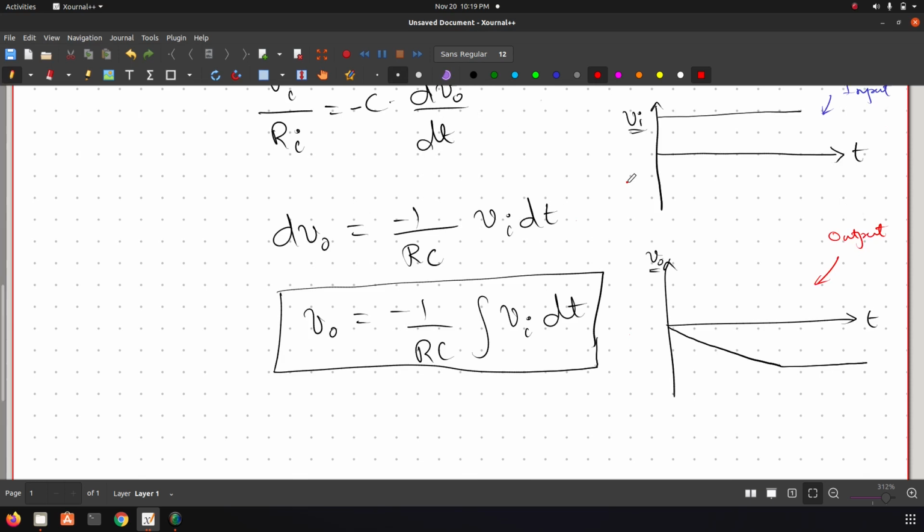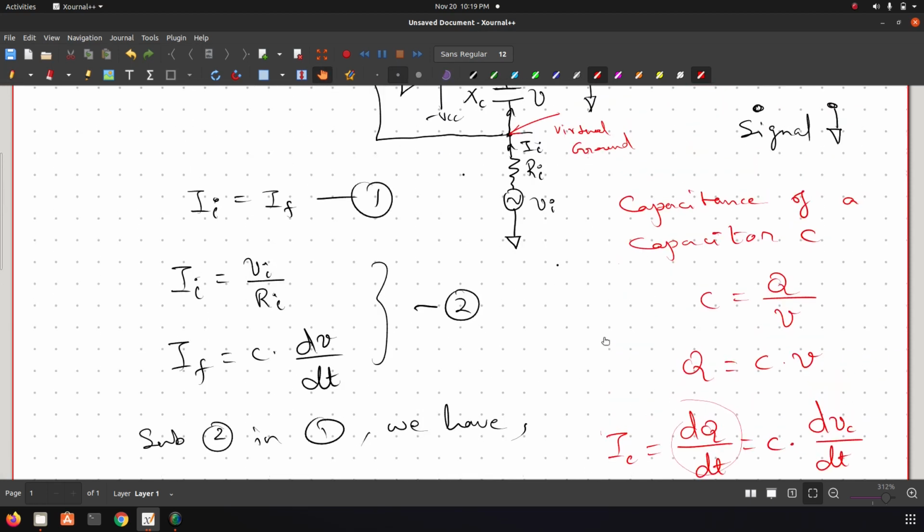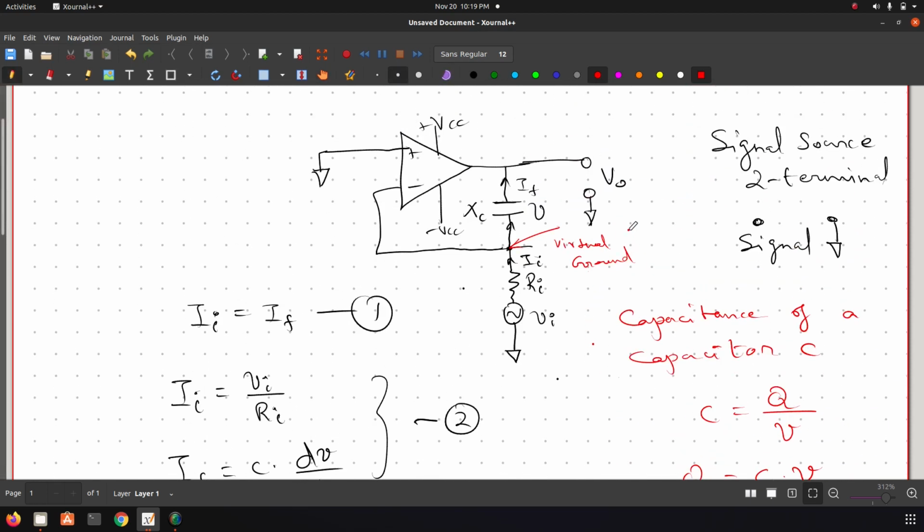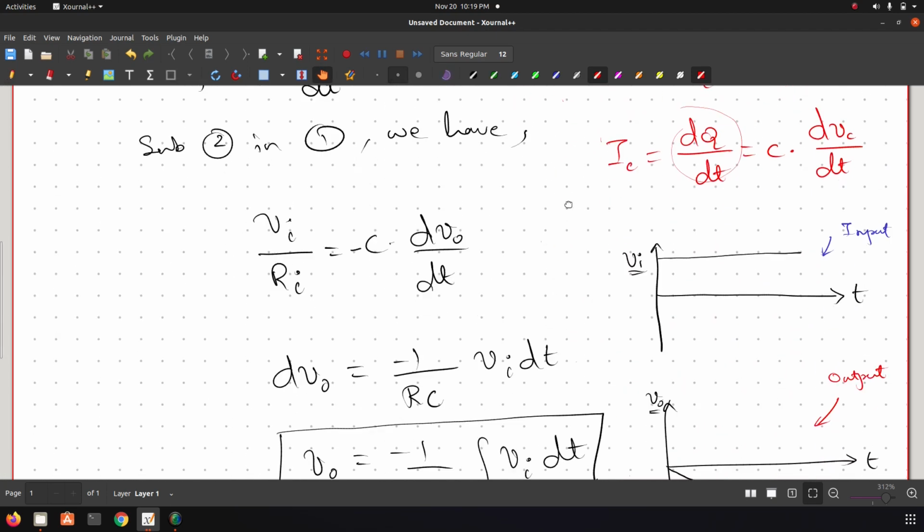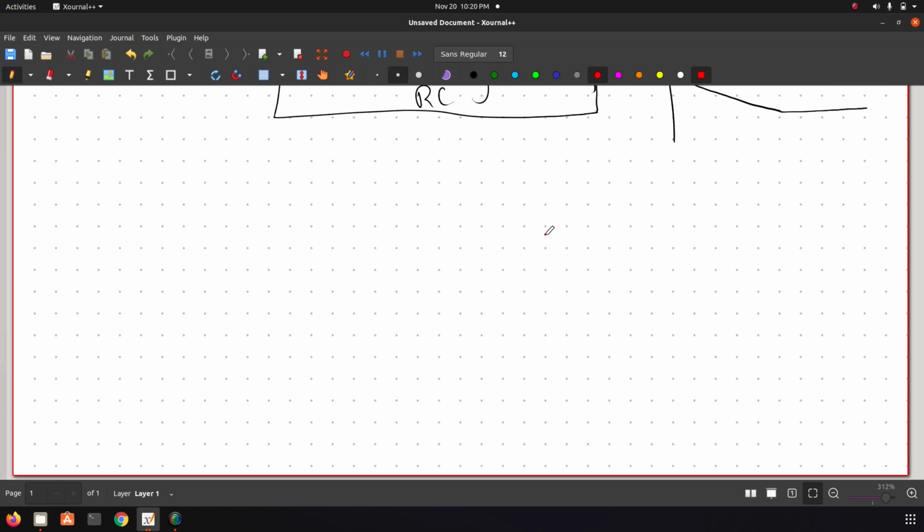If we look at this circuit, there is a problem with it. It's not my mistake, but if we use this circuit there is a problem, and we have to slightly modify it in order to get an accurate result. We shall see what's the problem here. Let me redraw the circuit again. So this is the circuit.